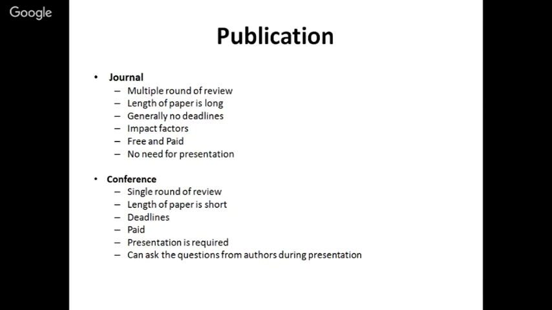The length of a paper is short in the case of conferences, but in a journal, the length of the paper is quite long. So we get the complete information of the work that has been done by the researchers, like where the work was started, how they proposed their new theory, how they implemented it, what the results are, which simulator or real world environment they have taken, and what parameters they have taken. So more details are given in the journal. But in the case of conferences, as the size of the paper is generally limited to 6 to 8 pages, all this information cannot be given by the authors.